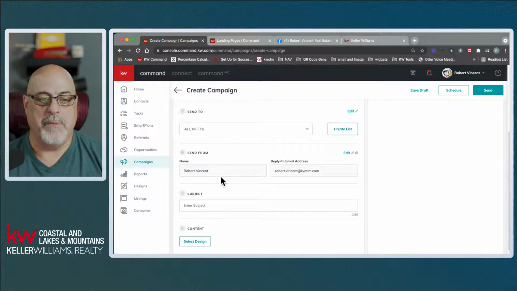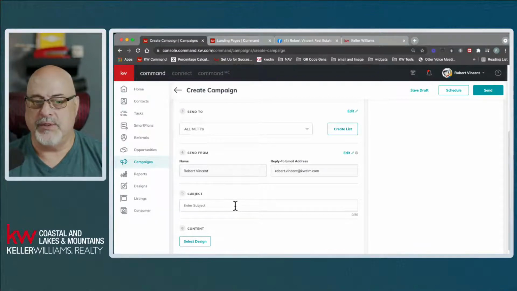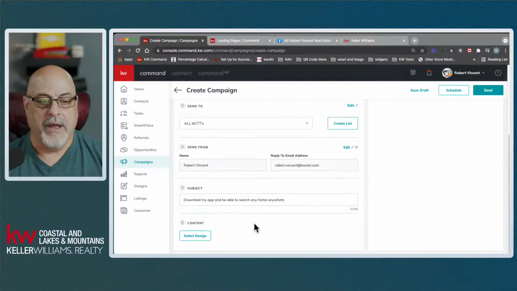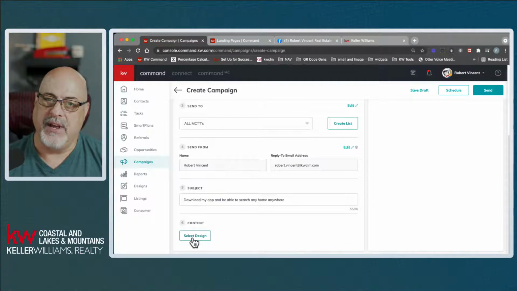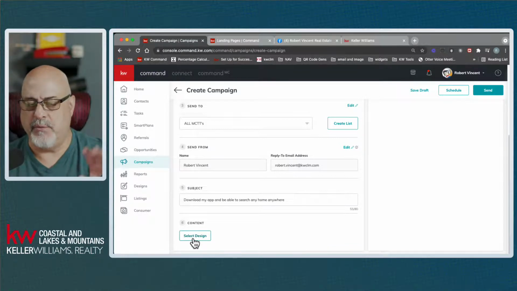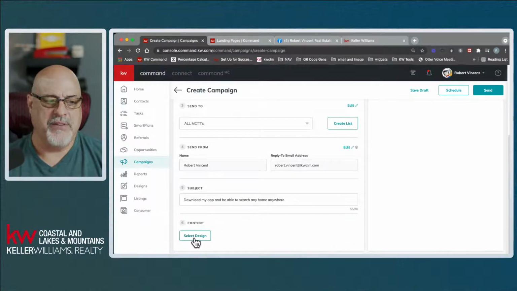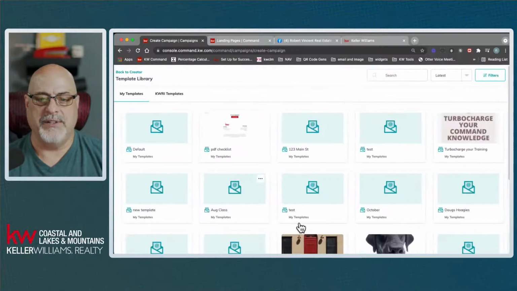Who it's being sent from is me. The subject is download my app and be able to search any home anywhere. Okay. Down in the body of the email is select design. All that stuff up top was just information to give you an idea of what we can do to get us here to the select design. If I click on select design,